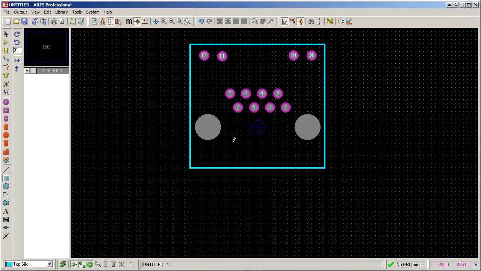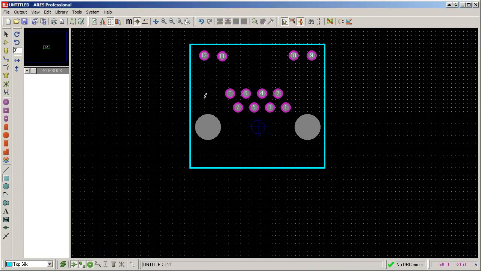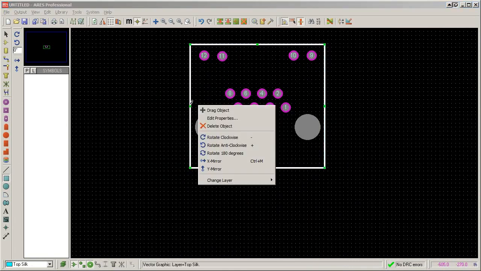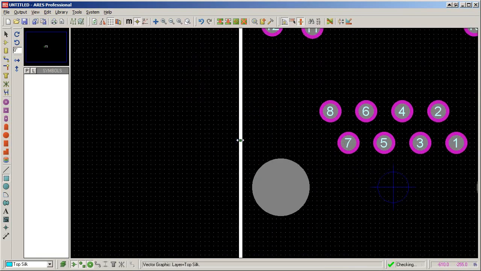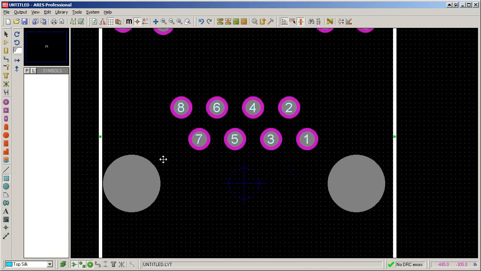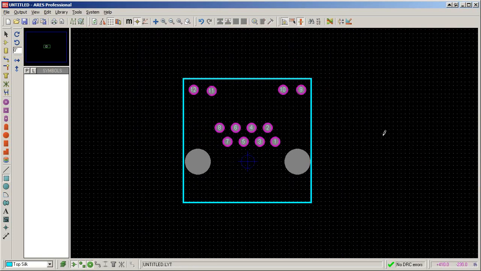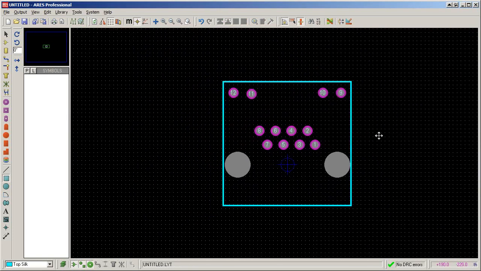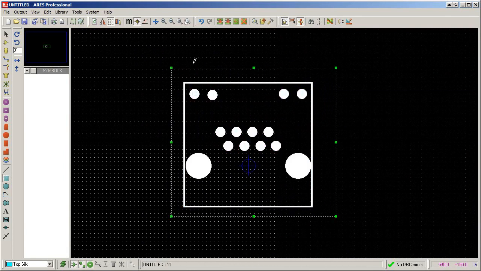In some cases it may be, but I won't bother with the size here because it's not given in the datasheet. Okay, now when I'm happy with it, I'll just drag and select everything,